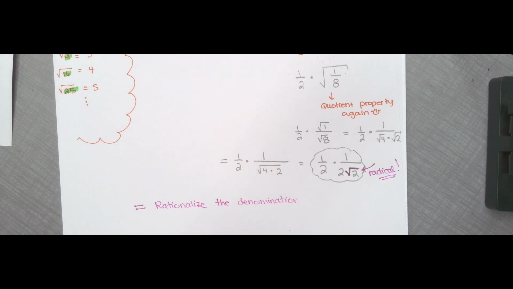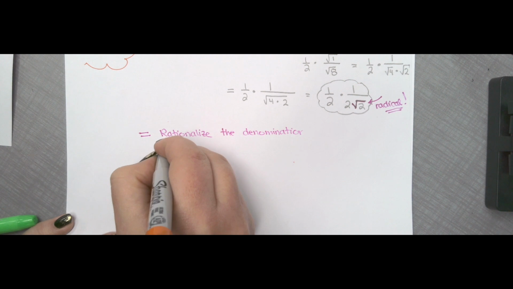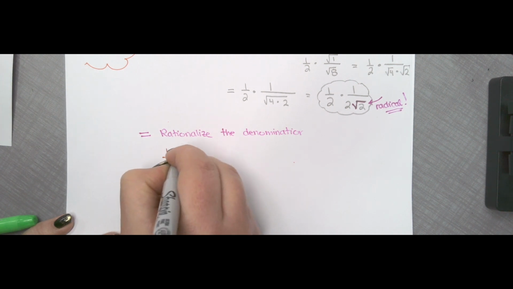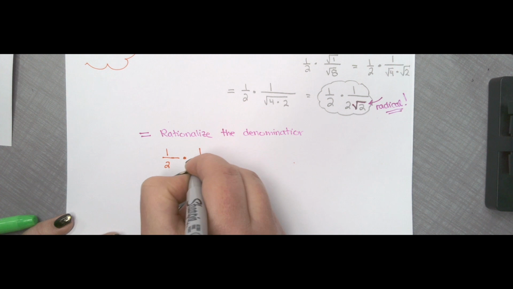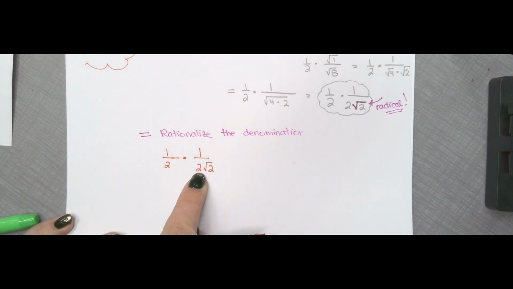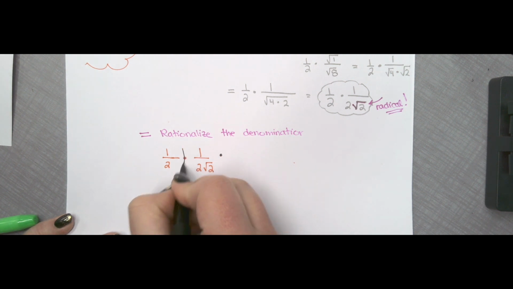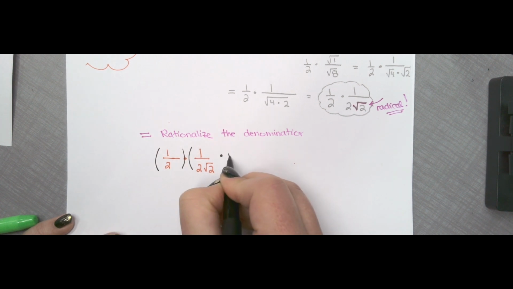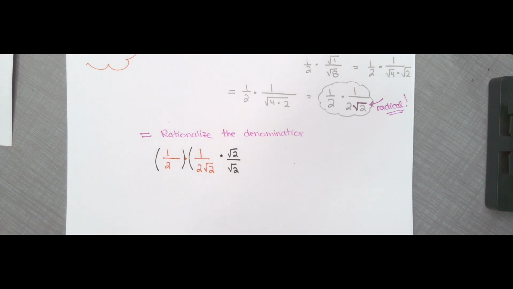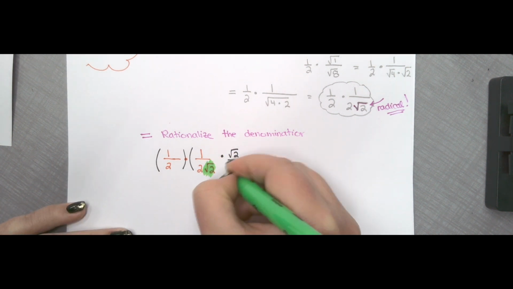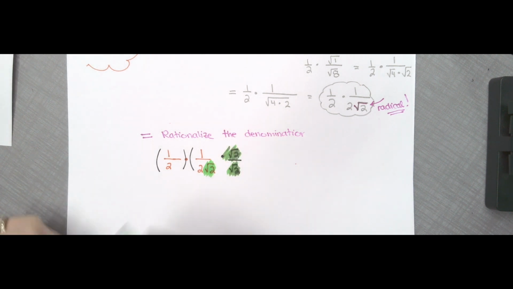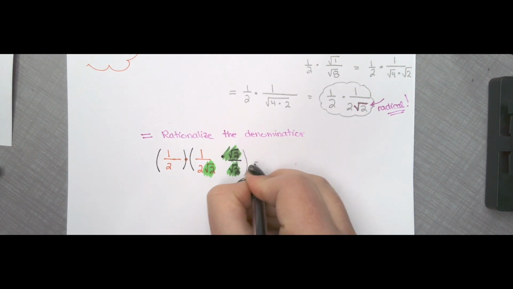Here's what you do. I'm going to keep it as 1/2 times 1 over 2 root 2. You can simplify by multiplying 2 times 2 and saying 4. I'm going to wait. Your choice. And you're going to multiply. I'm going to keep this separate. Top and bottom by the radical. This radical, and this radical are all the same. The reason I'm doing that is because we get,